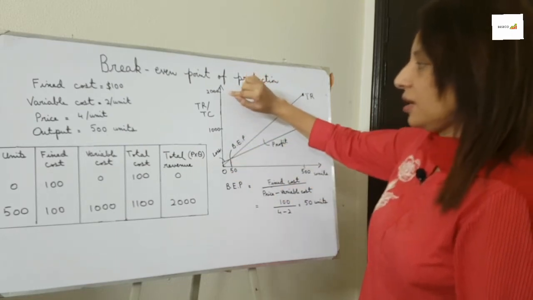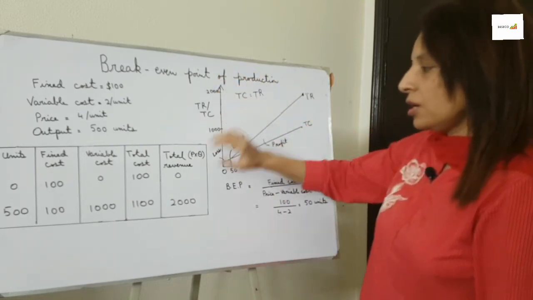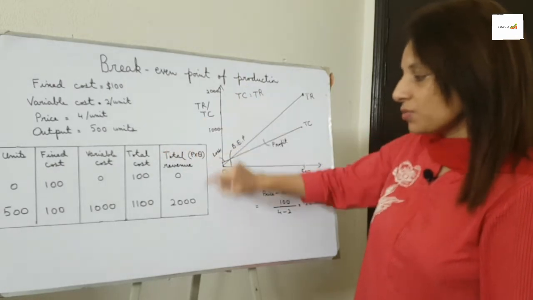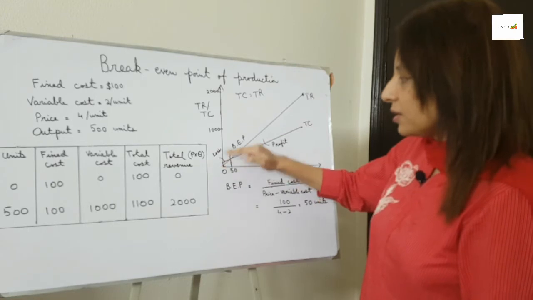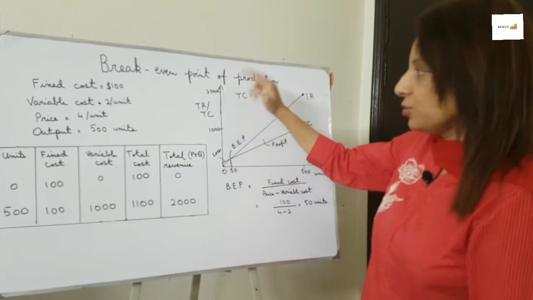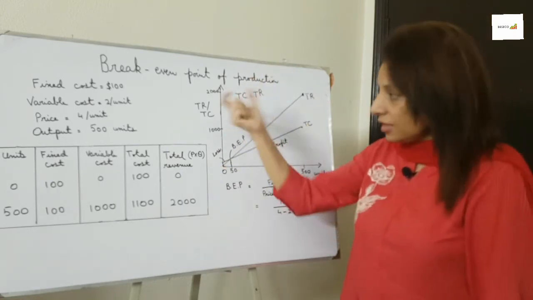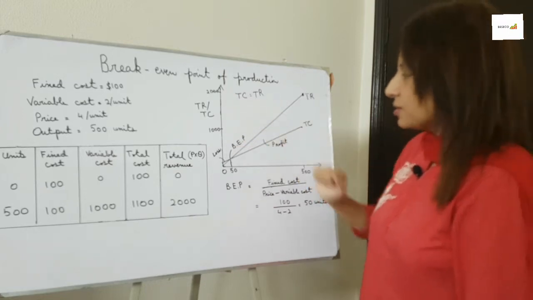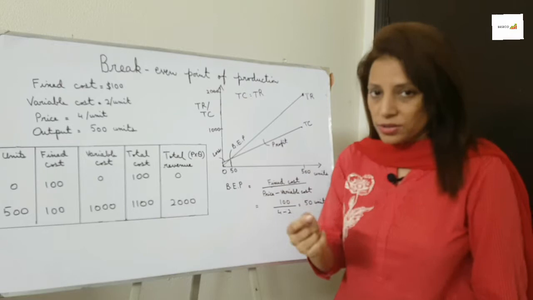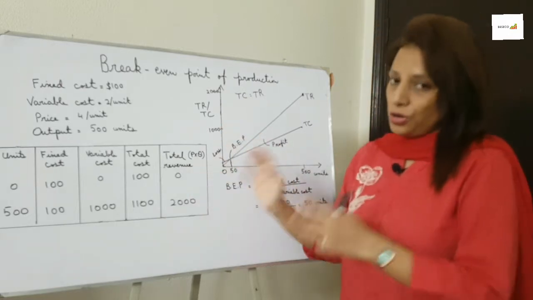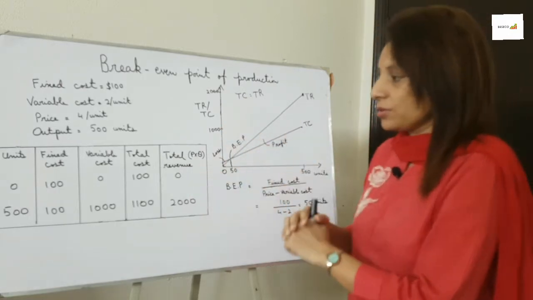On this axis, I have to take total revenue and total cost. Now I have to see in these 2 columns what the maximum value is, that is 2000. So I have taken 0, 1000 and 2000. This is how I have kept an equal difference between these values. Then you first have to plot either total cost or total revenue. So I'm starting with the total cost.